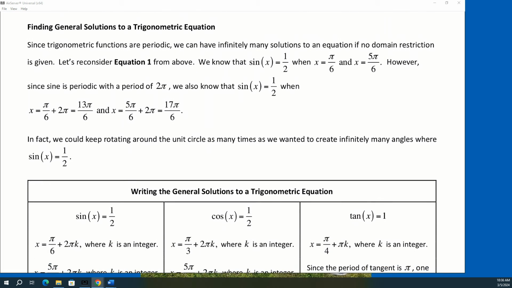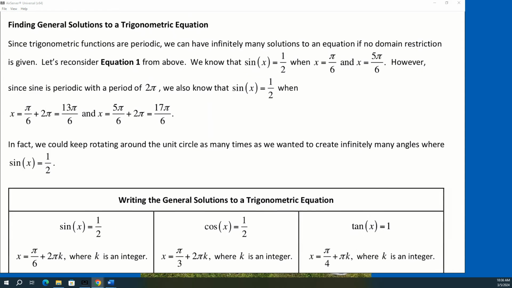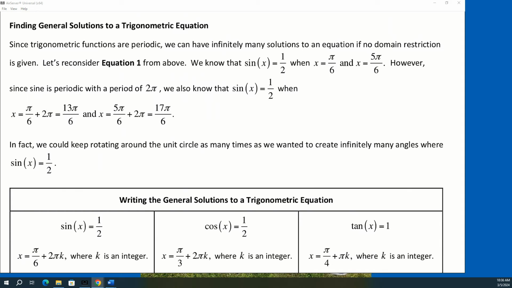And so some of the stuff that we're going to do, we're going to be finding the general solutions to a trigonometric equation. And so if you think of that unit circle or you think of a sine graph or a cosine graph, that pattern repeats over and over and over again. So there is an infinite number of angles that have a sine of 1/2. Because you could have pi over 6, but you could also have